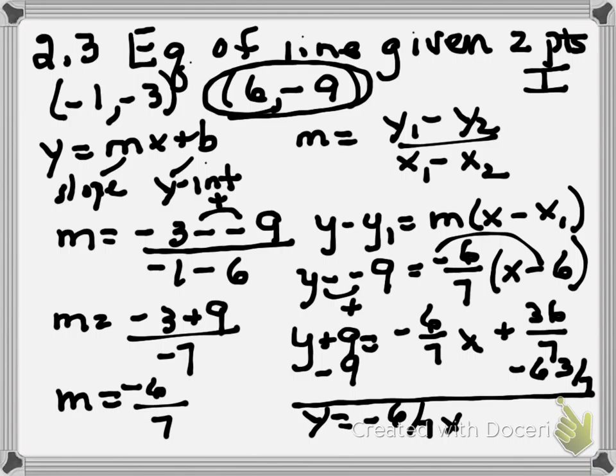If you need to, put the negative on top and the positive on the bottom. Do that because you're getting a negative 27 over 7. Now, being that it's multiple choice, it could be that they've multiplied through by 7. 7y equals negative 6x minus 27. That could be a possibility, but it is a form of that